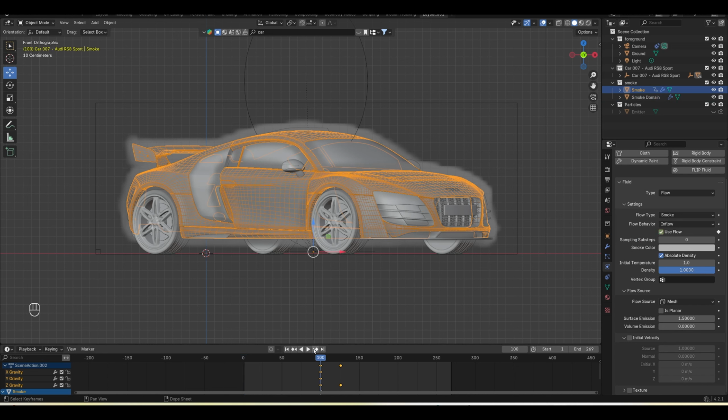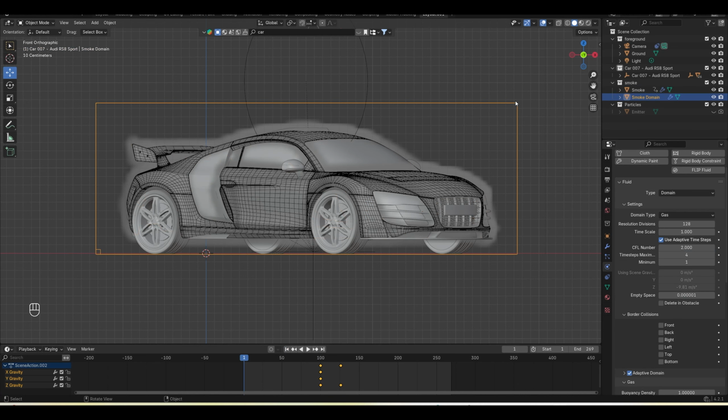So I'll go to around 100. So here I'll press I to add a keyframe. So on 100 it will keep emitting smoke, but after that it will not emit smoke. So maybe around here I'll just disable it, and I will press I to add a keyframe, and initial velocity I will also add 1, and let's go to the first frame, and let's select the domain, and